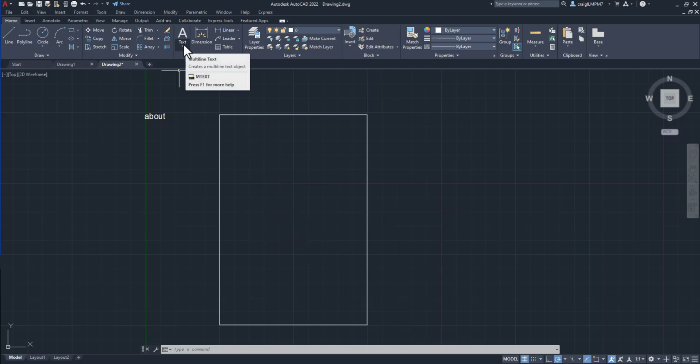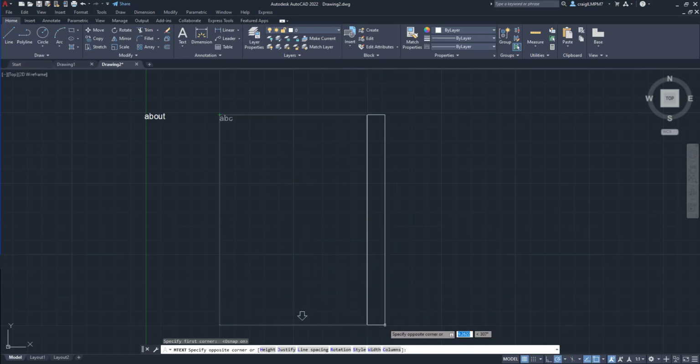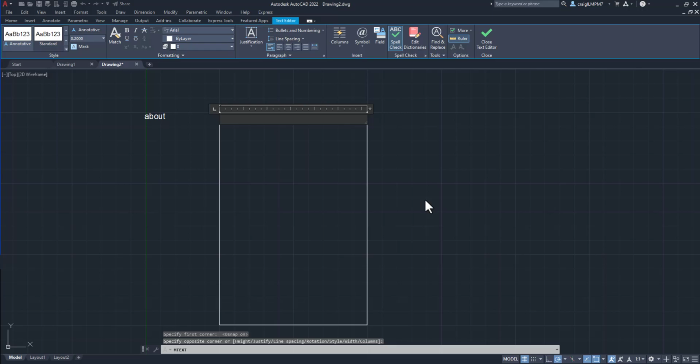So the easiest way is come get our text, grab our multi-line text, and use your snaps. So we can snap from that corner to that corner. And your teacher's a little bit lazy. There's multiple ways you can do anything. I'm going to try and do things the easiest way I know how, and this is just one of them. So now that we've created our text box,